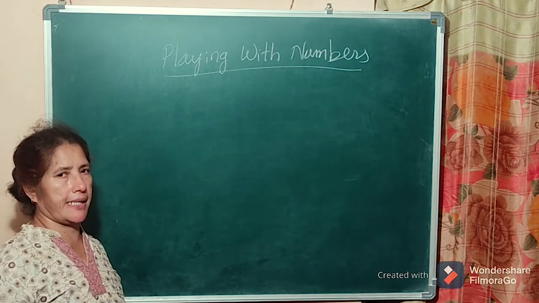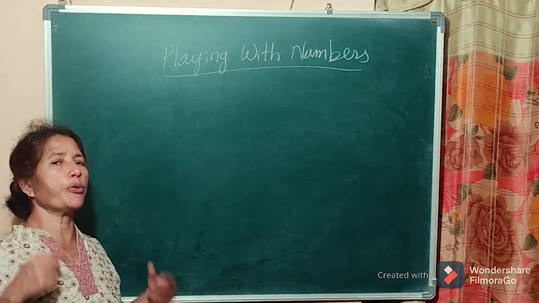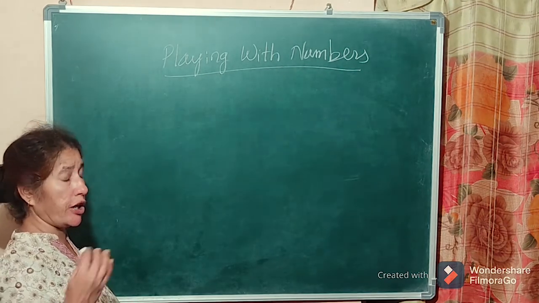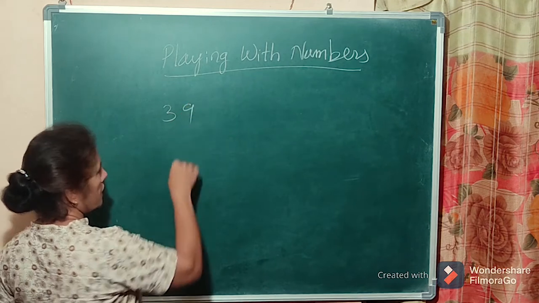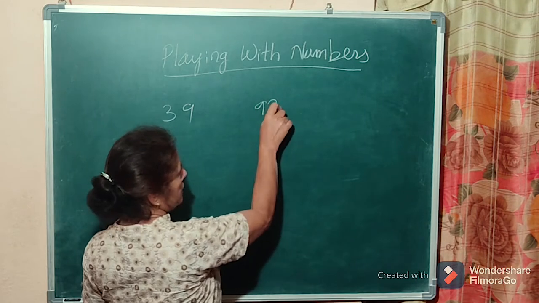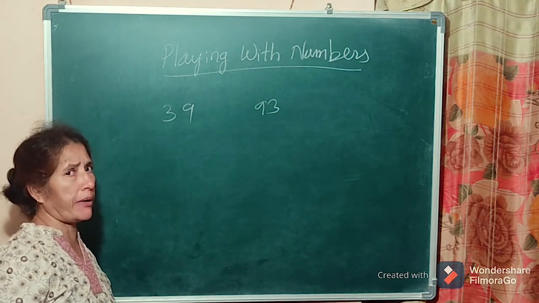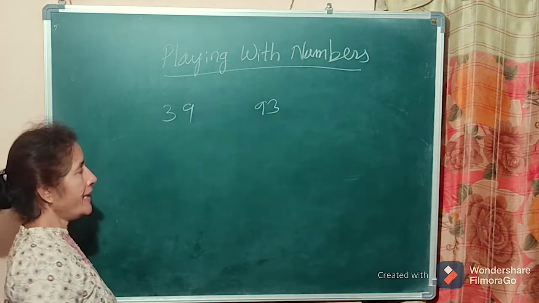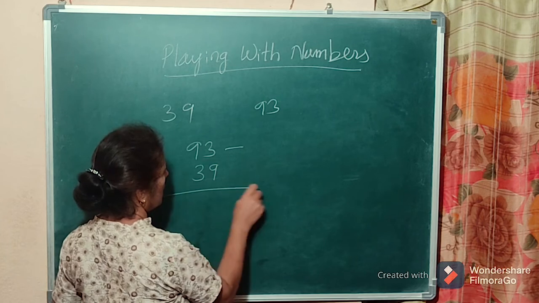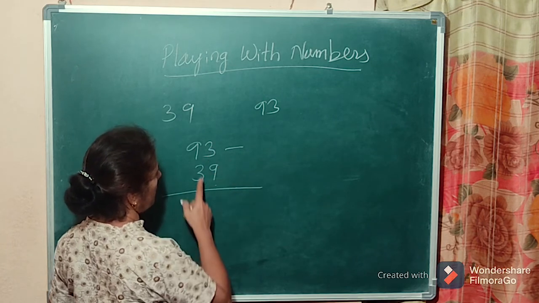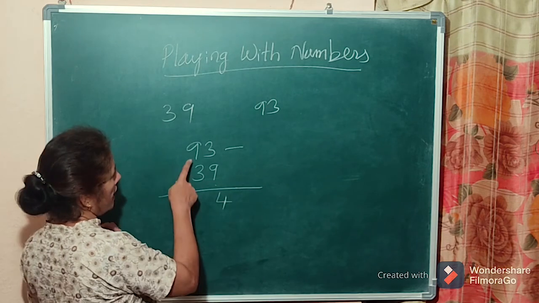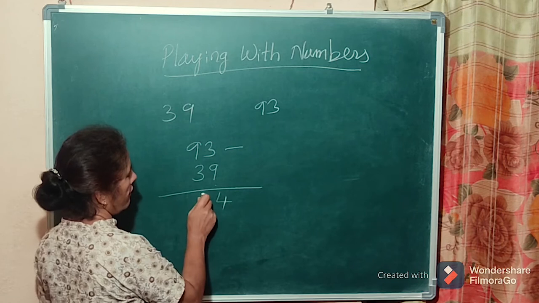The second trick is like this. Think of a two-digit number. We'll do it and you'll understand. I take 93. Reverse the digits and write the numbers, 39. Bigger number minus smaller number, it is better for you. 93 minus 39. 13 minus 9, 4. 8 minus 3, 5.